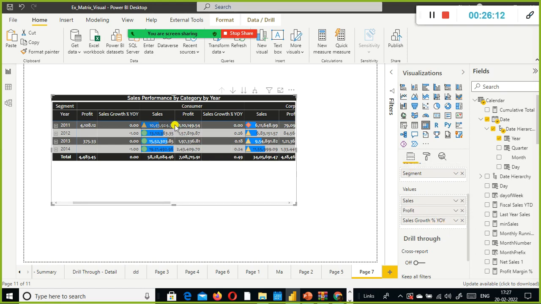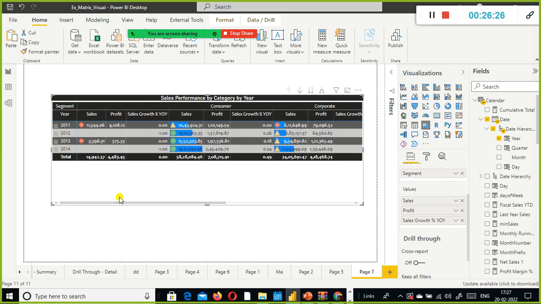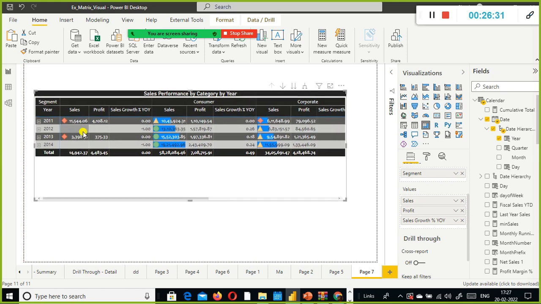We can see that sales, profit, and we can see it. Even for profit also you can specify the data bar, or you can use icons, okay, to specify. So that gives them an at a glance view about where they are heading. It can help them to understand quickly: are we really doing a good job or not?